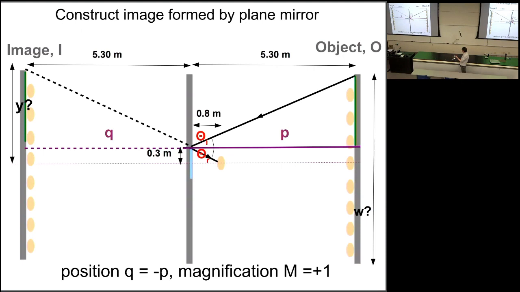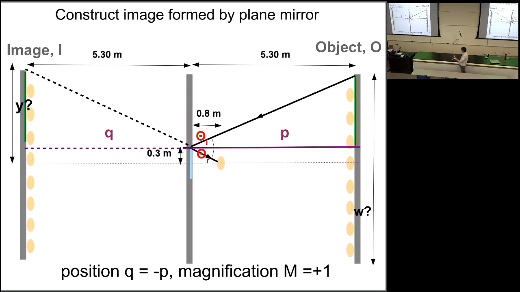Another ray I could imagine drawing is this one here that travels parallel to the optical axis and bounces off back in this direction. So I could construct those rays. I have constructed the image position based on what we discovered was the law of the image location and magnification